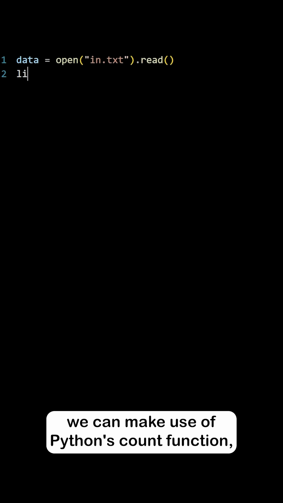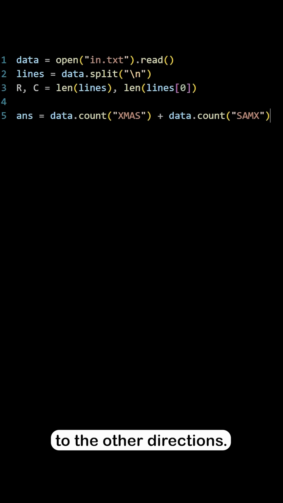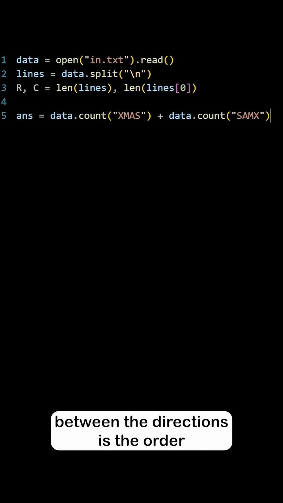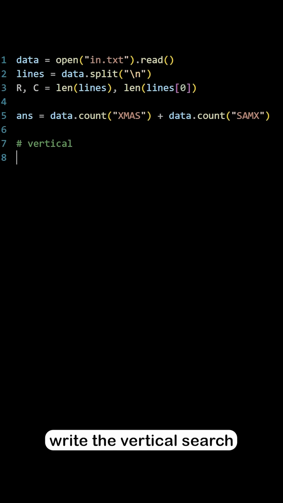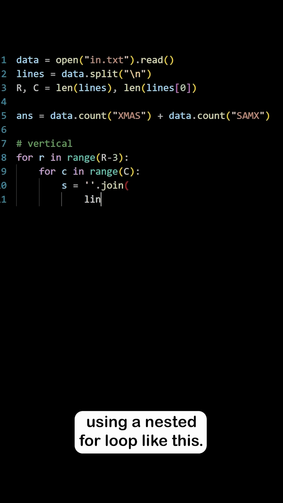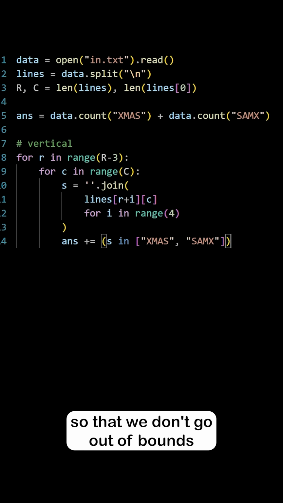For the horizontal search, we can make use of Python's count function, but this won't generalize to the other directions. Instead, let's realize that the only difference between the directions is the order in which we index the grid. We can write the vertical search using a nested for loop like this. Make sure to cap the range for the row indices, so that we don't go out of bounds when building